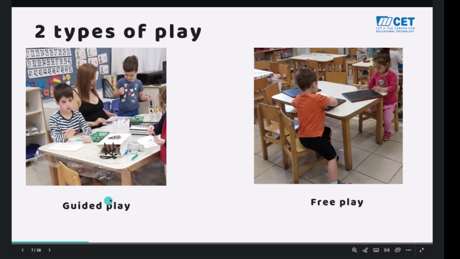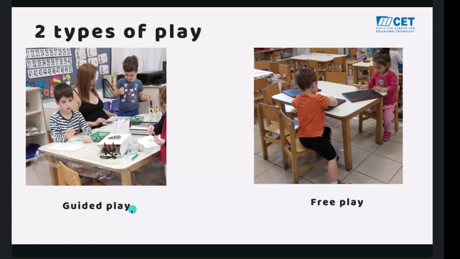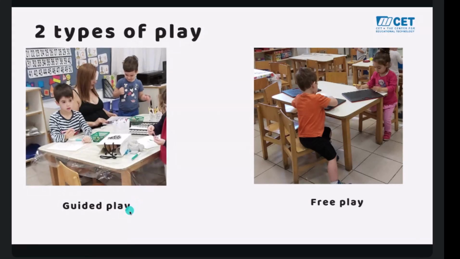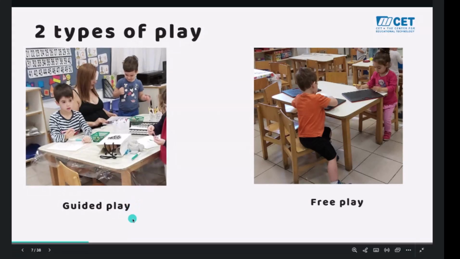So kids participate in adult-led interactions that offer opportunities for learning and for sharing, but with an adult mediation or facilitation.